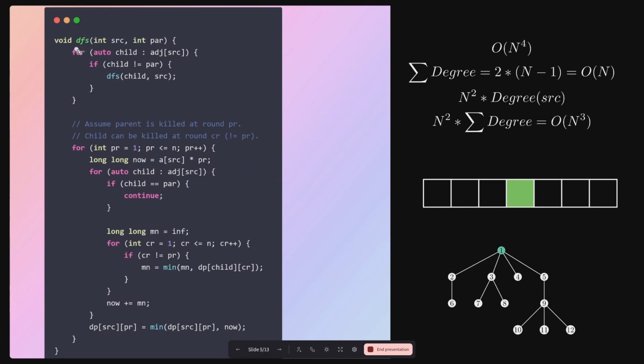And since this DFS function is called for each of the n different children or n different nodes that exist in the tree, you might think that the time complexity is O of n cube into n, that is O of n to the power 4. But that is not true, and I will show you a trick to compute the time complexity in these kind